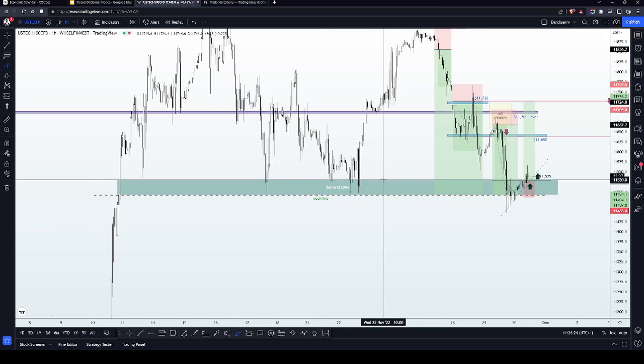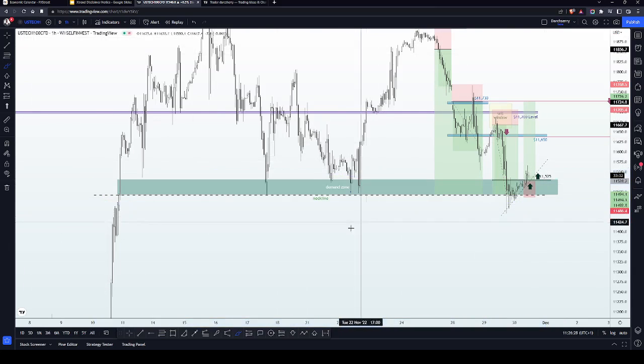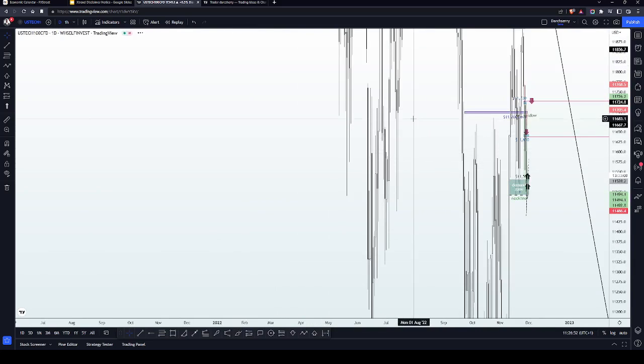And that reversal pattern, the neckline of that reversal pattern is this demand zone here. And one thing I said yesterday was that if a breakdown of that demand zone happens, well, that's the breakdown of the neckline of that reversal pattern, and this might be giving us a confirmed reversal pattern in such a way that a retest of structure might likely send price going further to the downside. So that is another opportunity we want to keep open at this point. So let me scale up to the daily time frame so that we can see how important that